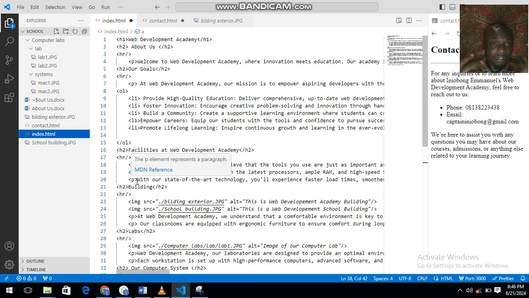So as someone who takes a glance through your code, you should be able to have an idea: okay, this is what this person is doing here, this is what this person is doing here. It's basically about not cramming codes. It's basically about understanding what you need to accomplish in your page. The client will definitely give you what he wants or what she wants, like I am giving you right now. So yours is creating this structure, how it's going to look. That's why I call it web design. You need to structure how the design of your content will look, and even the exterior and interior design of your pages.